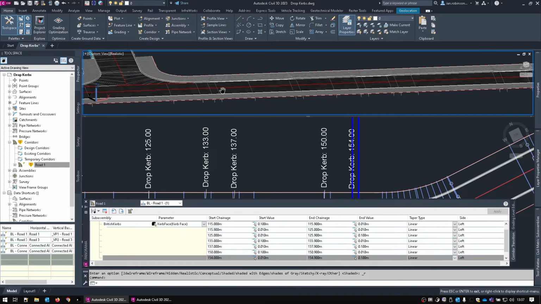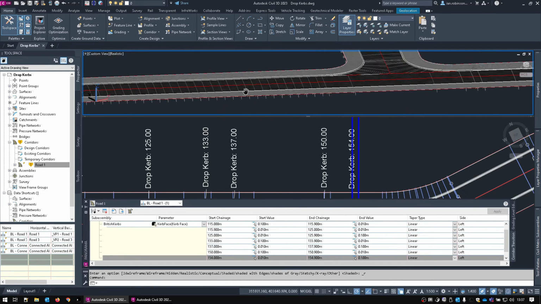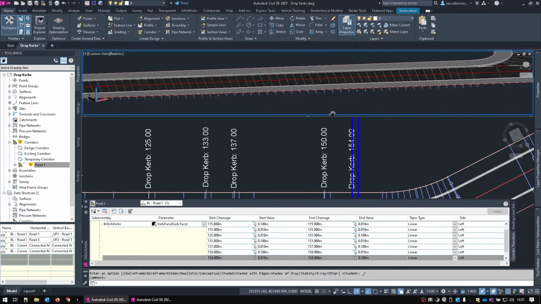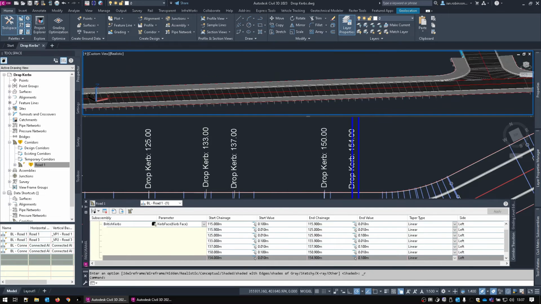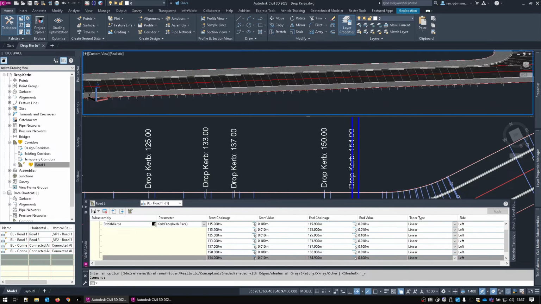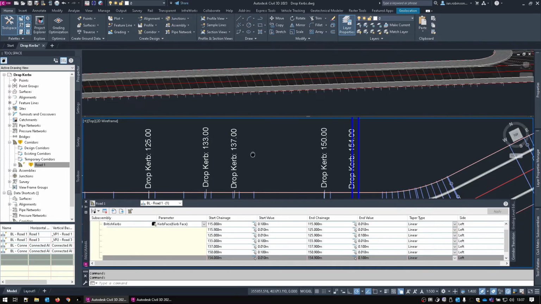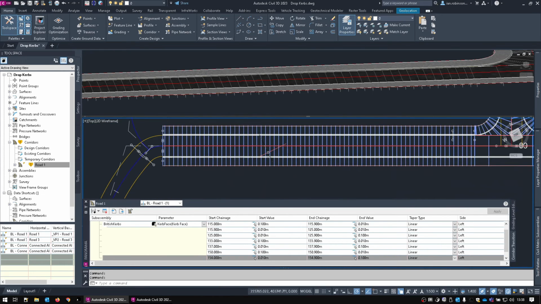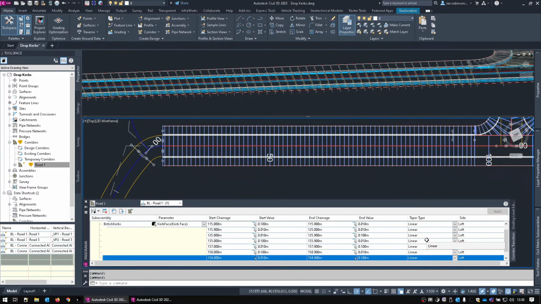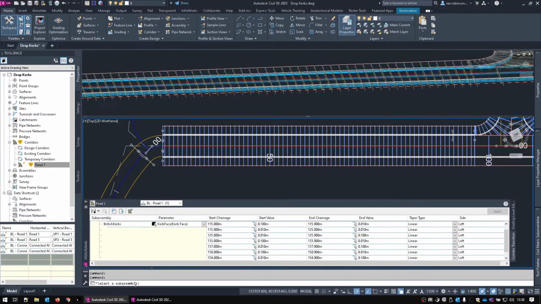I'm just going to pan over to this side here, and let's go in here, escape out of that, go into this one, let's pan to this side here, because we've also got these different taper types which are quite nice. So let's go and add another group in. Now we can do it here, add a new transition set, and it will say select a subassembly. So let's pick